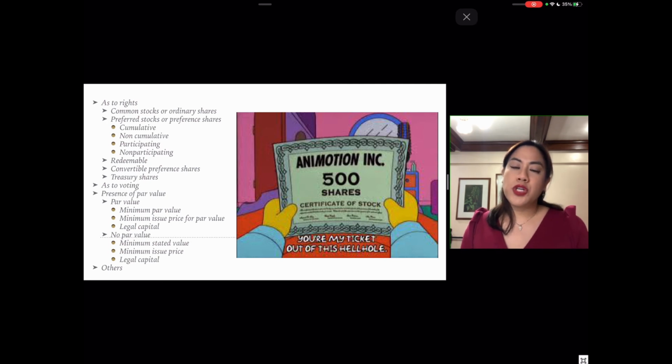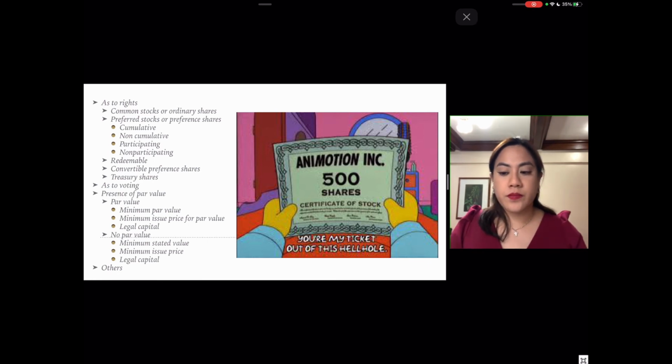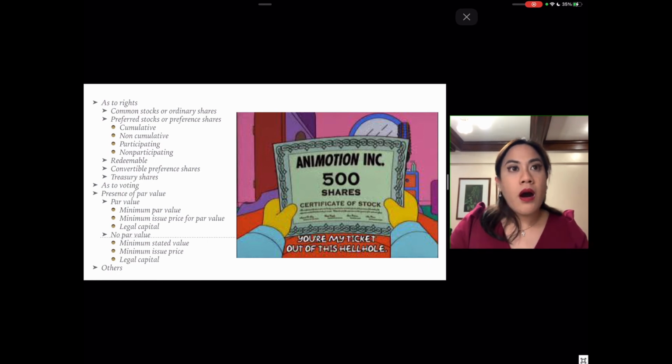Why? Because when you account for the distribution of dividends to no par value shareholders, they are entitled only to an aliquot portion. What do I mean by aliquot portion? It means that they are only entitled to a fraction of it. So if there are, say, 100,000 no par value shares and someone owns 1,000, then necessarily they are entitled to